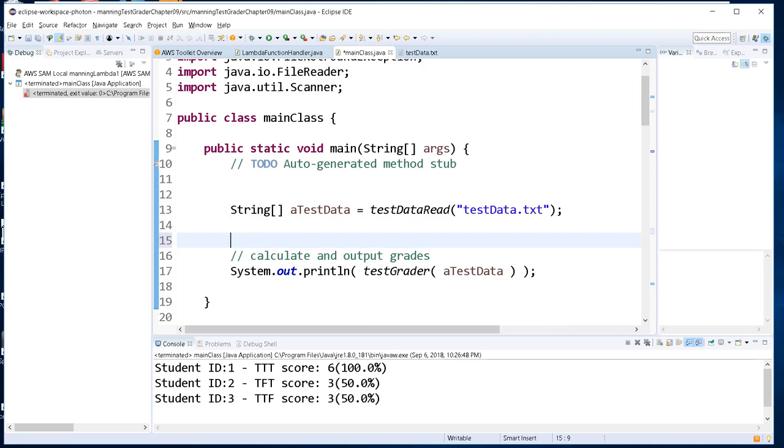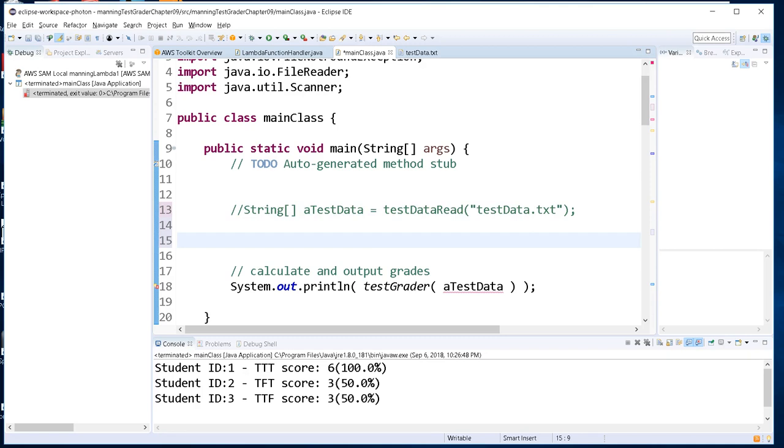I can just say, okay, I don't know how this is going to work here. I know I want to do it this way in the future, but suppose I already have that working. I'm going to have some test array like this, a string array. I'll call it testData right now, and